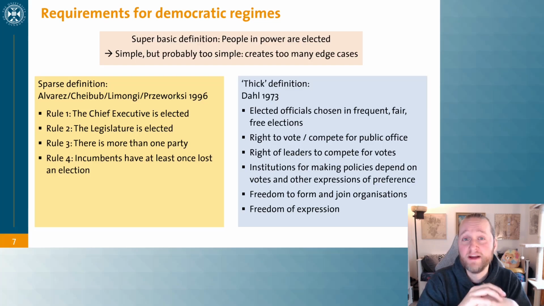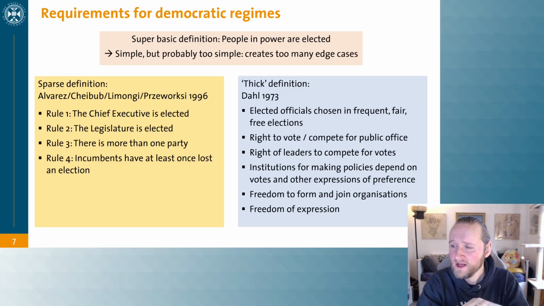There has to be a general right to vote, and there has to be a right to compete for public office. You could think of a system, for example, where everyone's allowed to vote, but only specific people are allowed to run for office, which of course would be almost quite as unfair as those people not being allowed to vote, or the majority of people not being allowed to vote. There has to be a right of leaders to compete for votes. We see all around the world, oftentimes, opposition leaders, for example, in hotly contested elections, are sometimes prohibited from appearing. They might even be imprisoned, or otherwise their ability to campaign might be impaired,